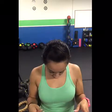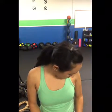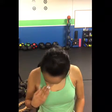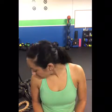So what we're going to start with is going down first, like we had that first stretch. So your neck muscles are kind of already warmed up for this one already, going into that downward position. And then we're going to move that chin and then go to the side and then move it down. So keeping it close the whole time, the chin to the chest, and then raising it up to the shoulder. So you're kind of making a U shape